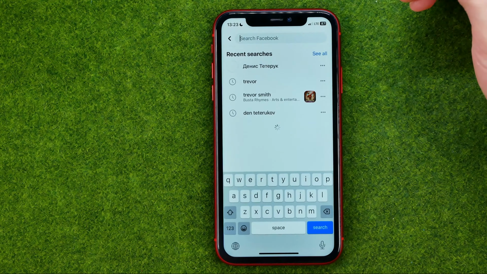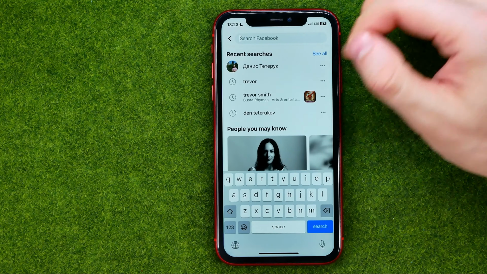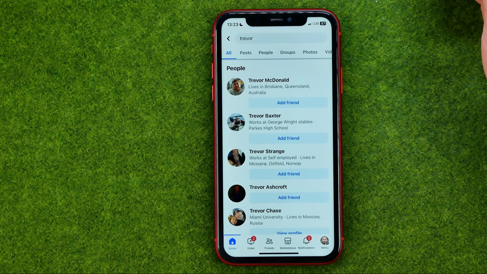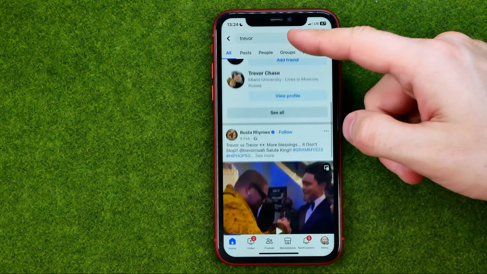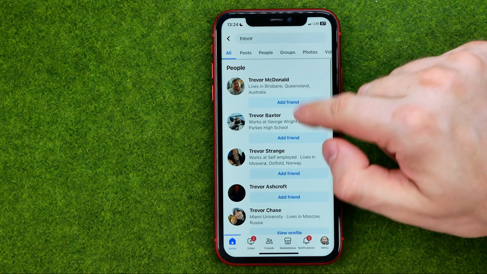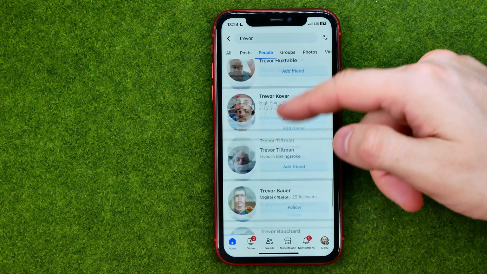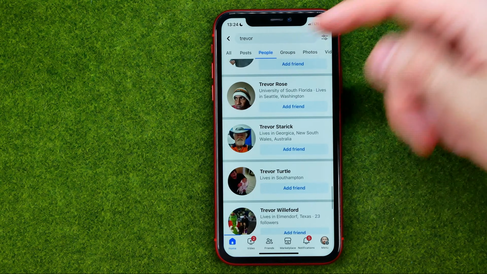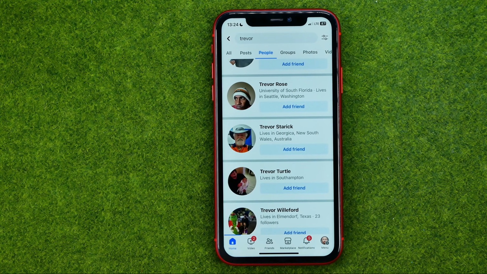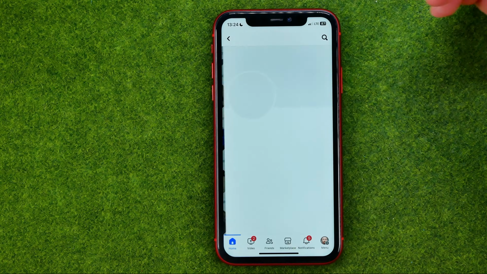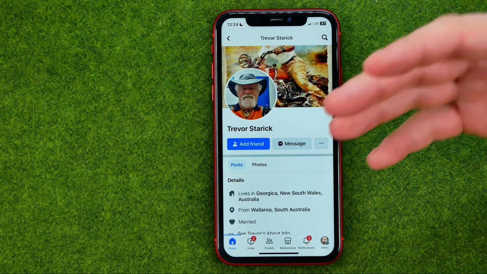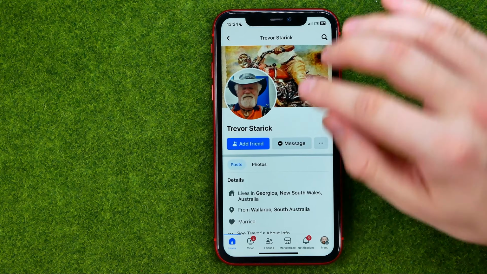You can just go to search and then search for your old account by its name. It will show you some users. Here we can go to people to get more options, and from here, once we find our old account, we just need to go to its profile page,